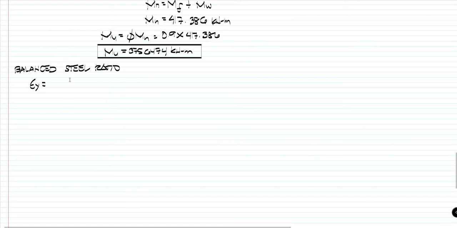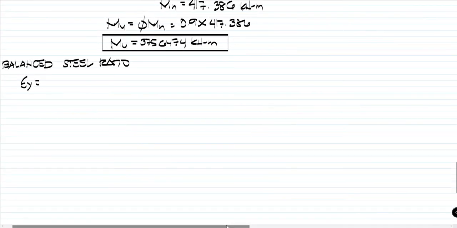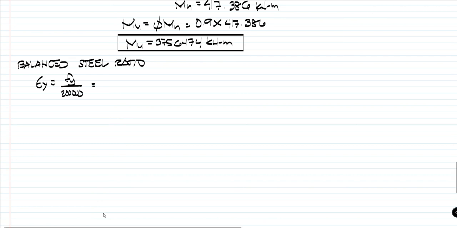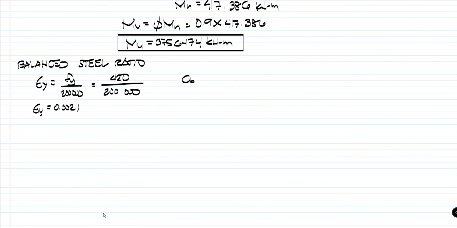Si epsilon y kasi, siya yung kailangan natin dun sa equation ni C balance. So, that is Fy over 200,000. So, Fy natin is 420 divided by the value 200,000. So, our epsilon y will be equivalent to 0.0021. Then, calculating yung C balance natin, that is equal to